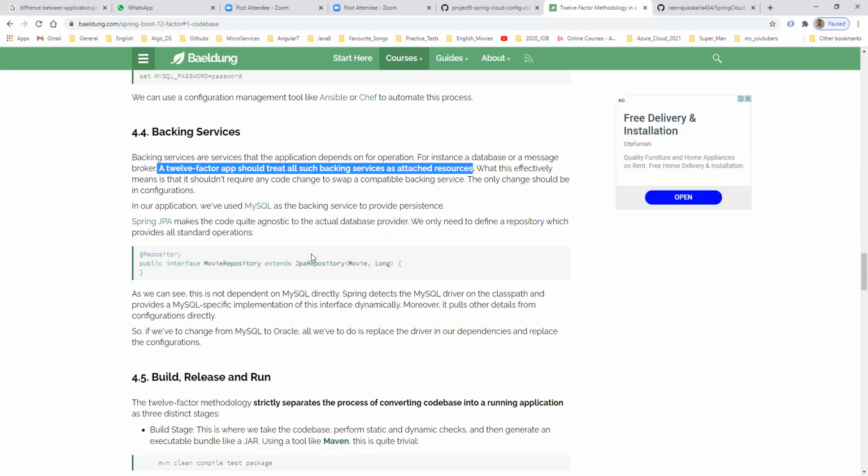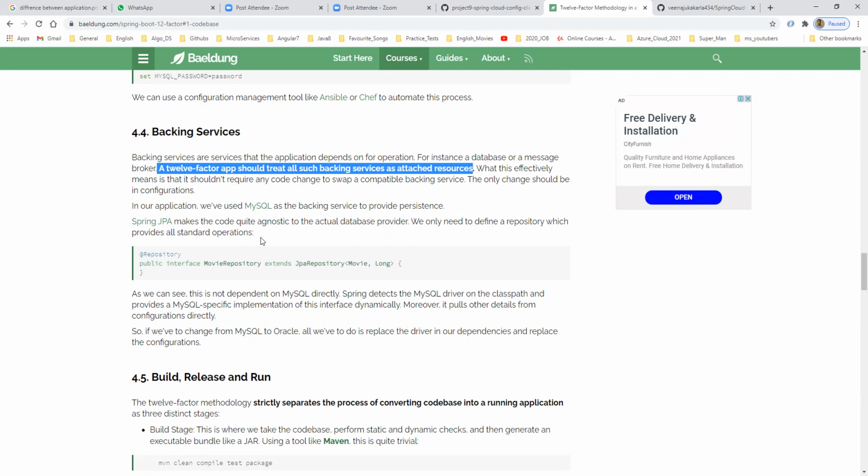In this case, we are using Spring JPA for this statement. Spring JPA makes the code quite agnostic to the actual database provider. So we only need to define a repository which provides all the standard operations.